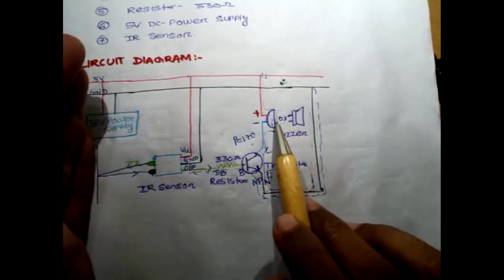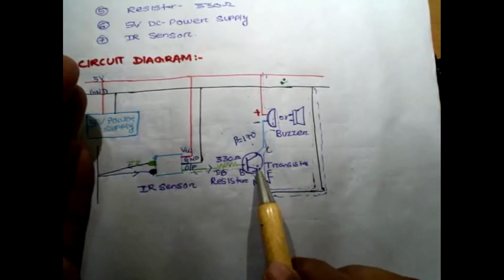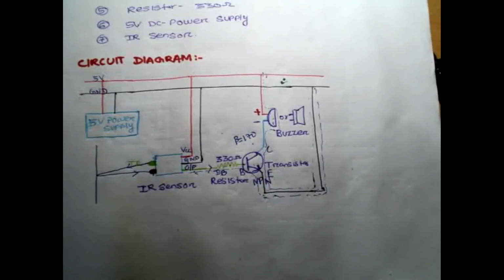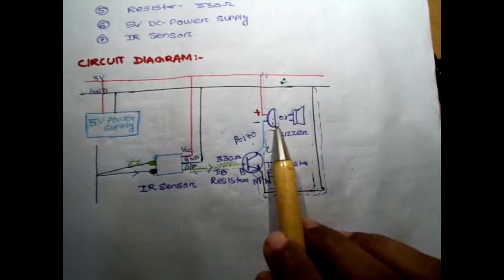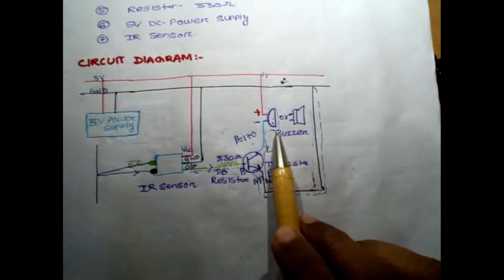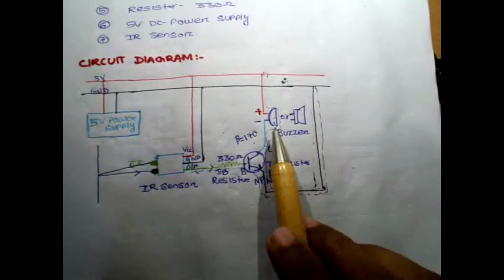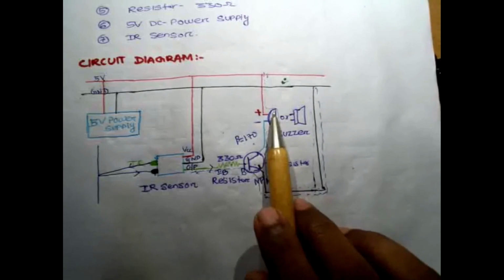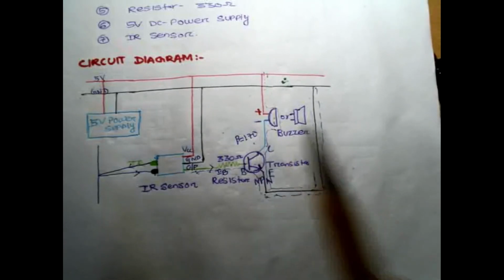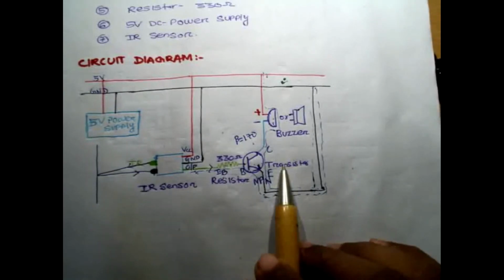Since the sound is required in my practical, as the subject is an anti-theft alarming system, I am using a transistor to get a satisfactory sound. Suppose I use a higher voltage buzzer, then also it will be okay. There is no problem, but it depends. You need to make some change in the transistor also. Suppose you go for a higher voltage, then we'll change the voltage because this is 5 volt, sometimes not sufficient. But this buzzer is meant for 5 volt, so it's okay. Now my project is satisfied with all the parameters, and this will work fine.